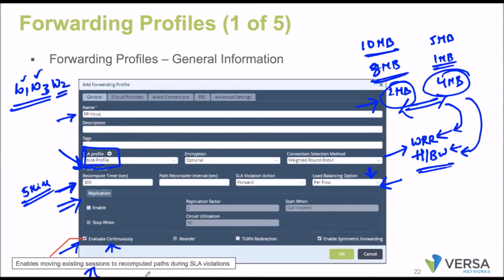Now, do you want to change the existing sessions to the newly added WAN circuit or not? Whatever traffic is going on WAN 1 and WAN 3, should it be shifted to WAN 2 immediately? The moment the link has been added to the SLA, if you want to use this link immediately, then you can enable evaluate continuously.